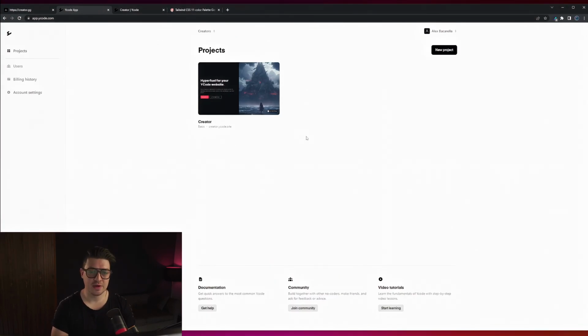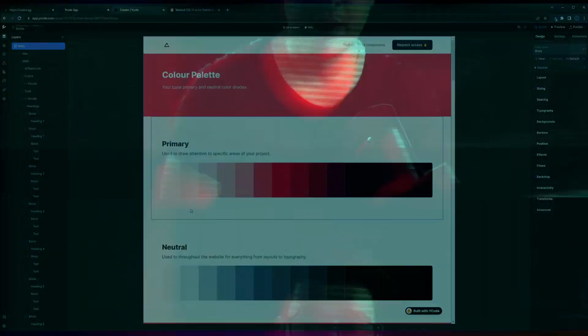Once we've logged in, we can either create a new project. For this example, I'm going to use an existing project that I have created, and I've pre-created a page here with all of my different primary neutral colors or shades. Now, Ycode is awesome because it builds in the additional colors that you set up to the entire ecosystem, so that when you do decide to make a change on those colors, just switch out your base color and it'll